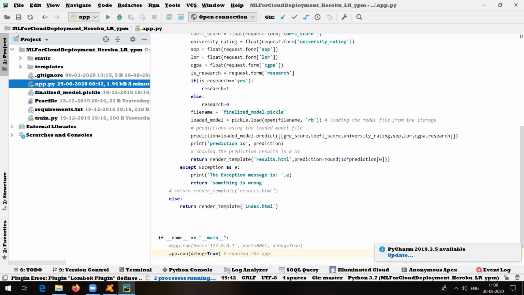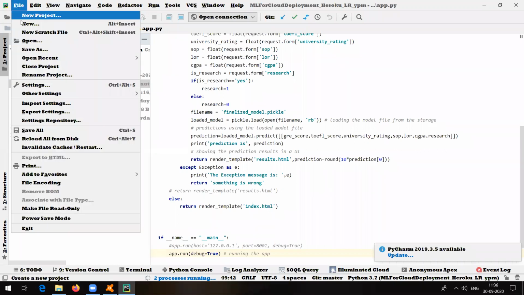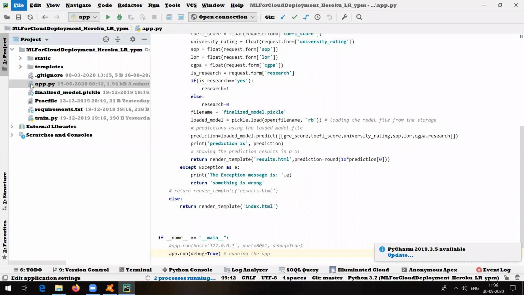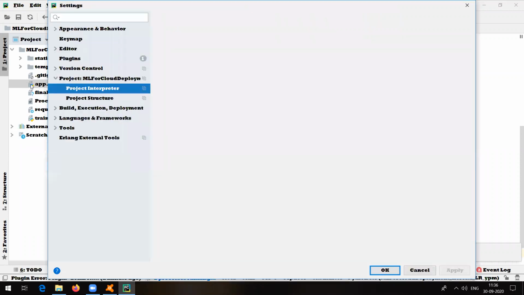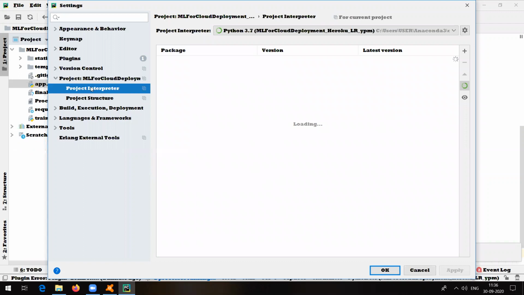Now, how to set the environment? Go to File, go to Settings, and here you need to set the project interpreter. It is going to prompt a window like this, and here you will be able to see the project interpreter.